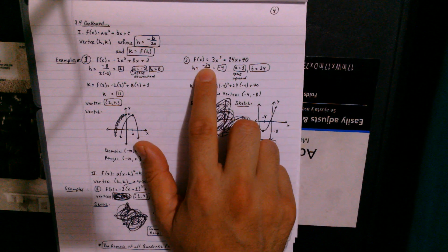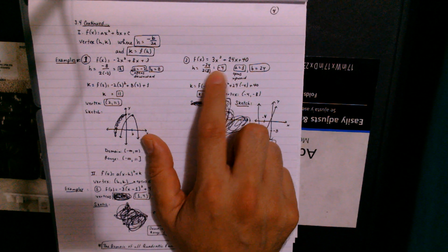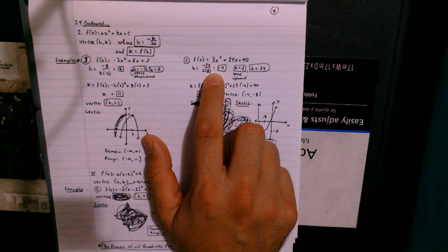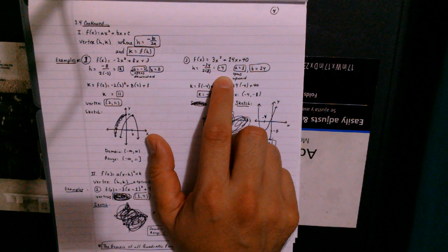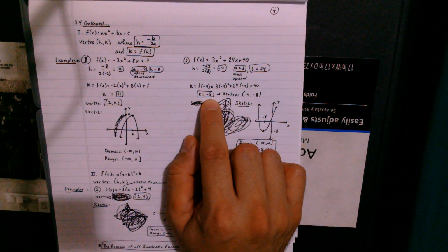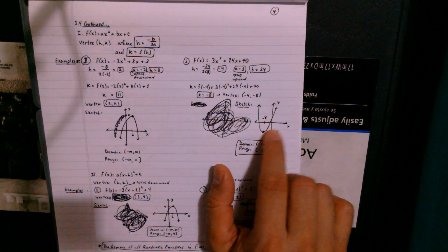Over here, same type of thing. A is 3, except it's going to open up now. B is 24. So negative of b, negative of 24 divided by 2 times a, which is 3. So negative 24 over 6 is negative 4. When you plug in negative 4 into the function, you get the k value to be negative 8. So I went to the point (-4, -8), just roughly here,